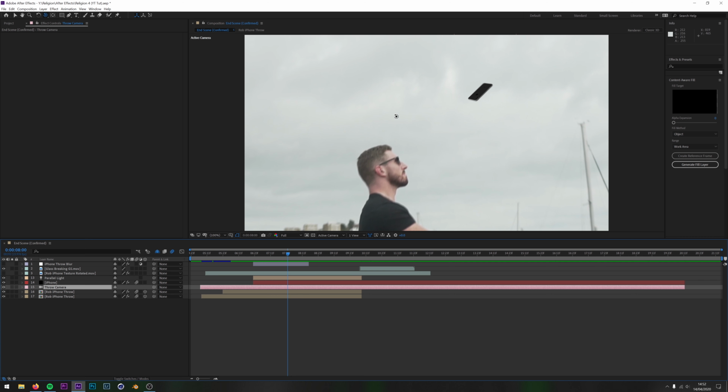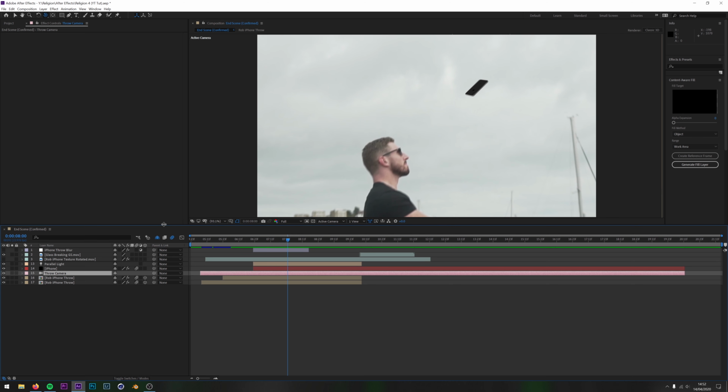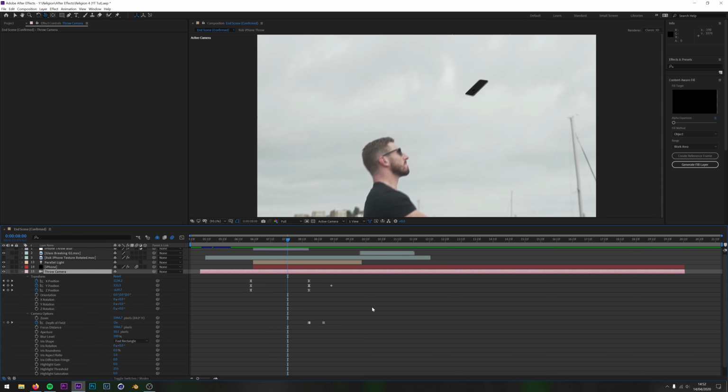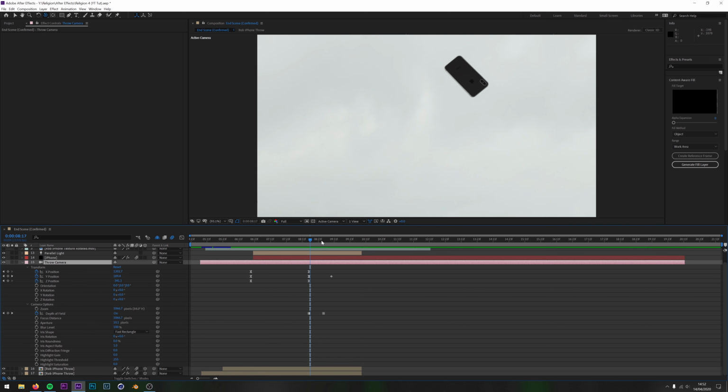I wanted to make it look like there was that real camera motion of it actually zooming into the 3D phone. Other than that, I have actually added some keyframes of depth of field. If you look at the phone from this position here, it was a little bit too sharp. So if I actually turn depth of field off, you can see it's just a little bit too sharp for my liking. I like to have it a little bit more blurry. So I put a bit of depth of field on there just to give the phone a little bit more blur, to make it a bit more realistic.